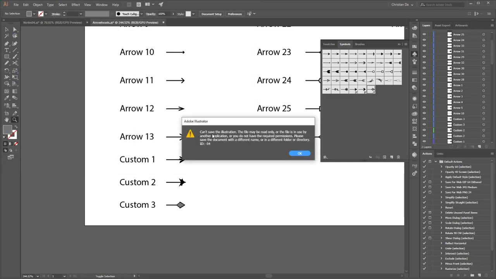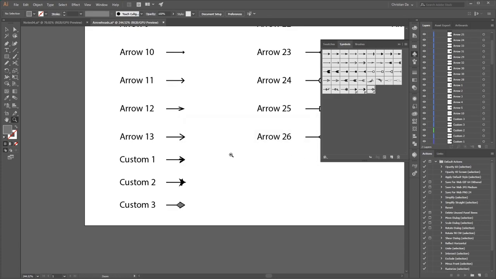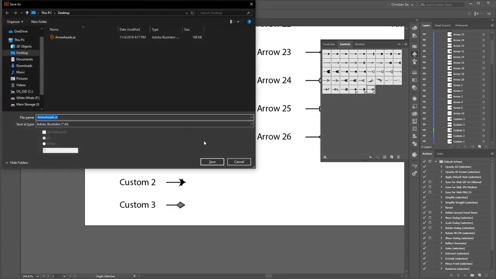And what you'll see here is an error message. It says it can't save the illustration. The file may be read-only, or the file is in use by another application. If you do not have the required permissions, please save the document with a different name or in a different folder or direction. But we need to save it as this name in that location in order to have it be a custom arrowhead. So what I'm going to do instead is I'm going to save this as Arrowhead 2